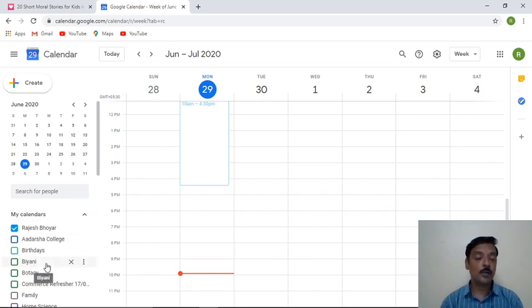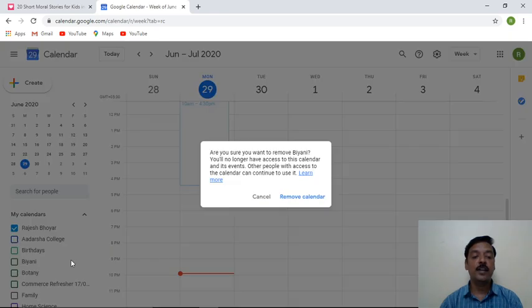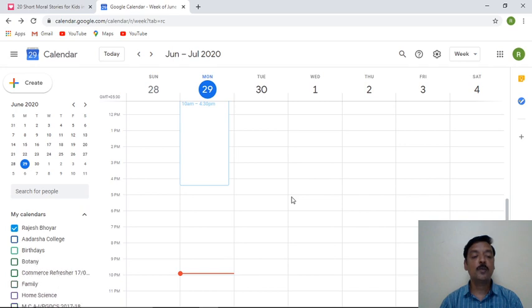Just like over here you can see all the calendars: refresher, family, general calendars have been created over here. And whatever classes I have conducted, just like I have created one Google Classroom at Biani College, so of course it is showing me Biani. So this way you can use it, and you can remove the calendar if needed. Suppose I am removing this calendar from Biani, so remove calendar. So this way you can create multiple calendars.